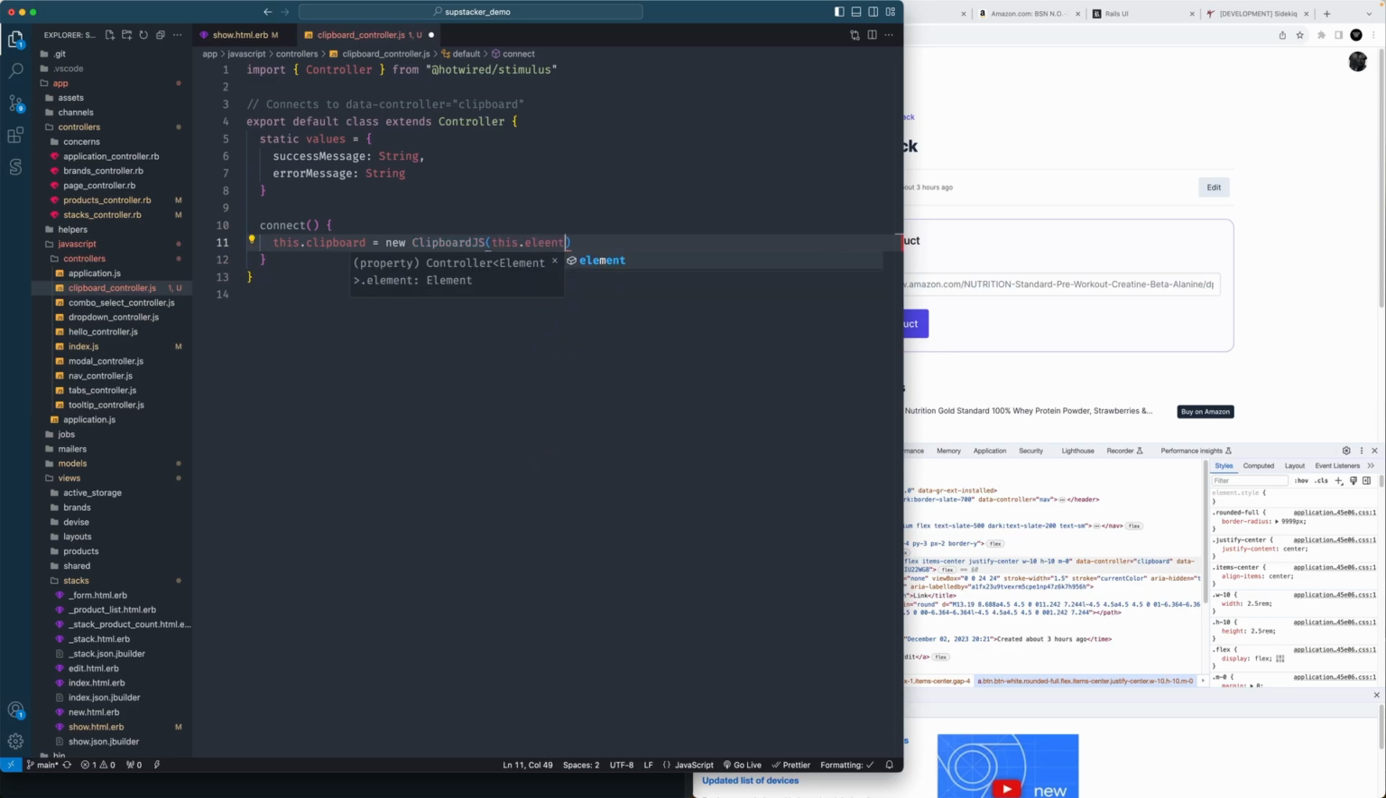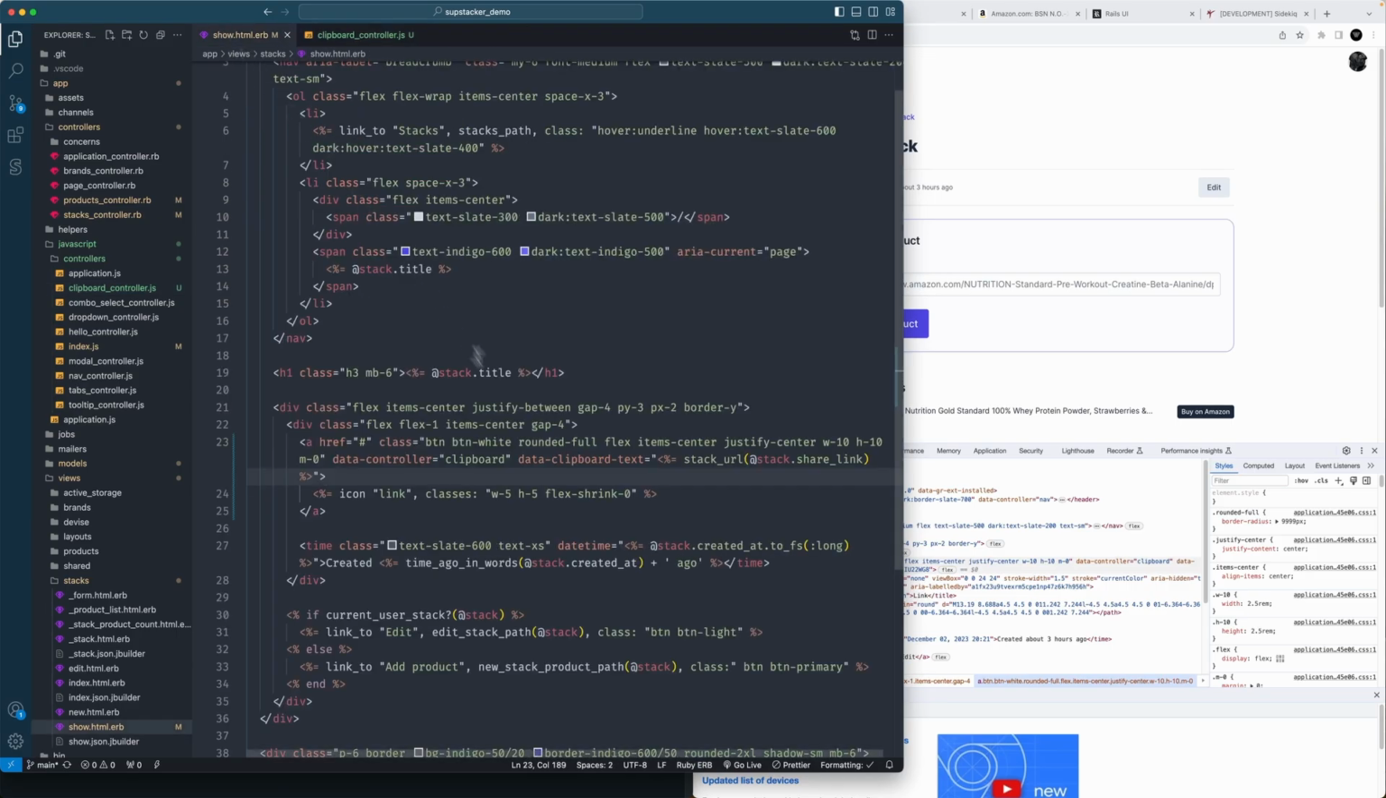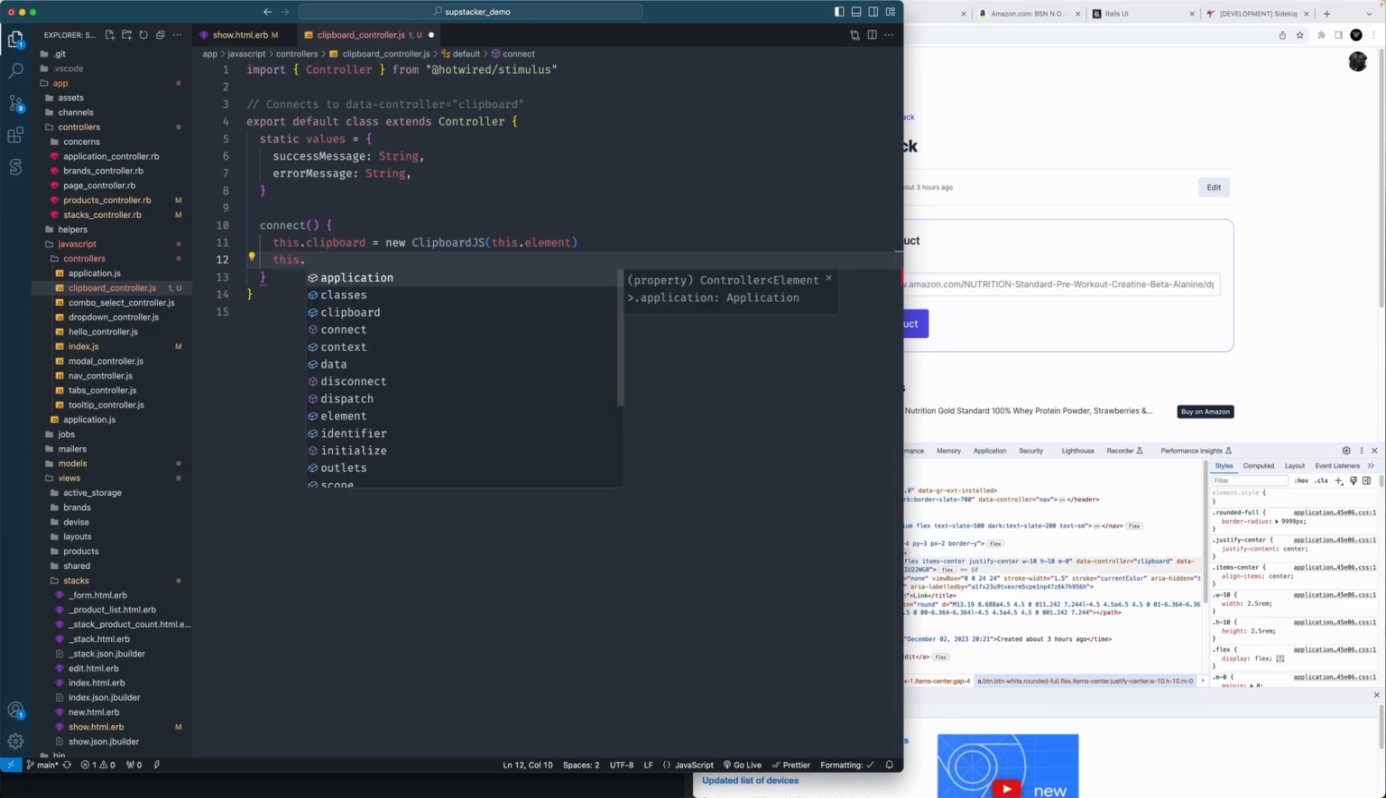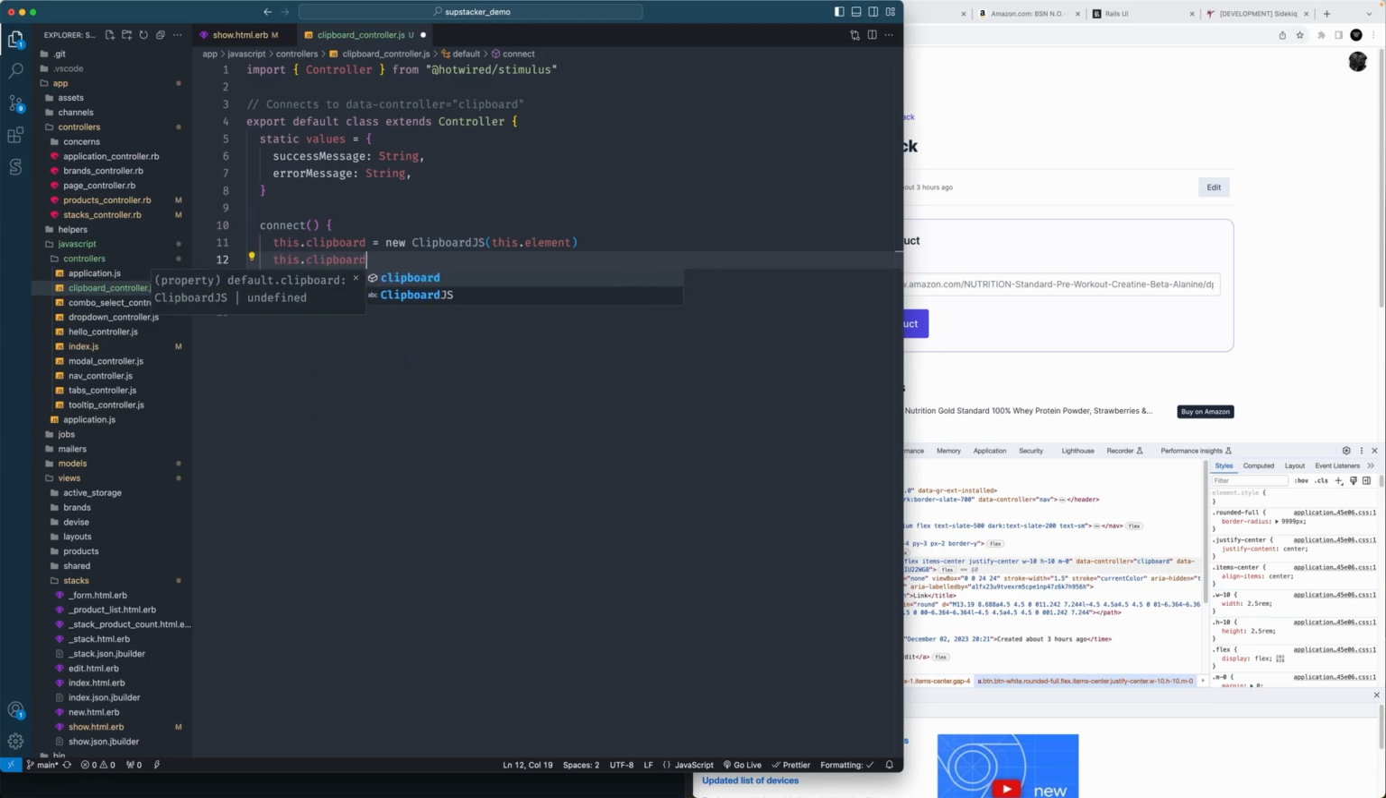This .element refers to the div your controller is set up on. Since we have the controller mounted here, it's going to refer to this specifically in the HTML. No DOM querying, nothing. It's just done for you. And then if you want to do the success message stuff, which I guess we'll just do it,